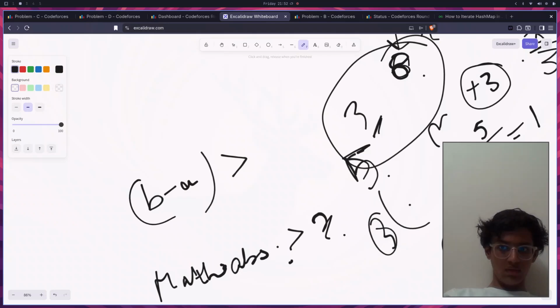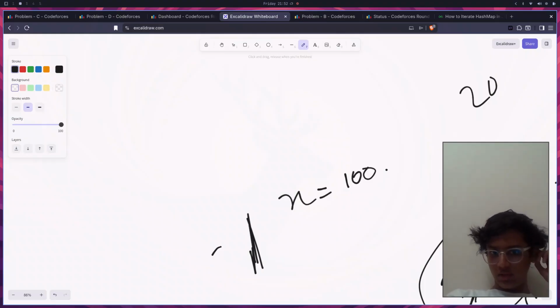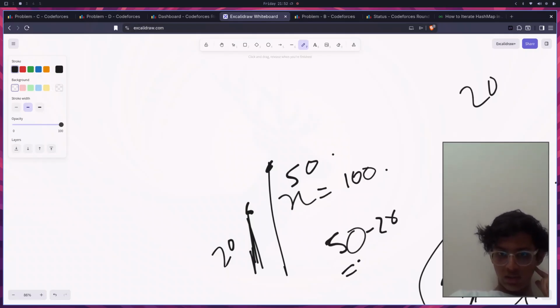Let's say x equals 100, this number is 20, this number is 50, the difference is 50 minus 20, which is 30. 30 is less than x, so you are saying that I should